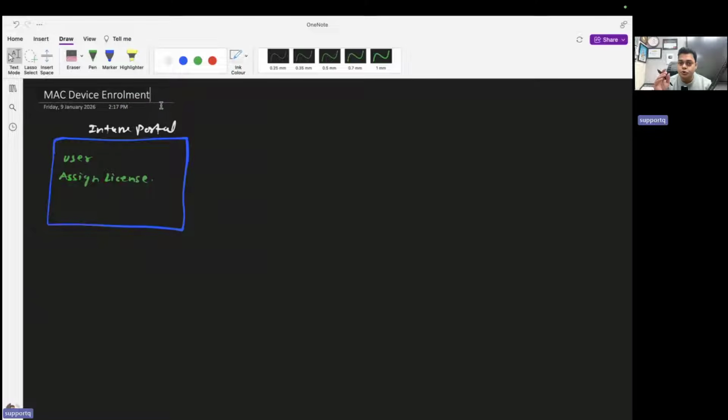Or if you don't have the option in your package license, you can go with the Intune Plan 1 or Plan 2, because these two licenses can also give us the option to enroll the devices. So very basic steps are required. Please try to create one user, assign the license of Microsoft Intune, and then configure